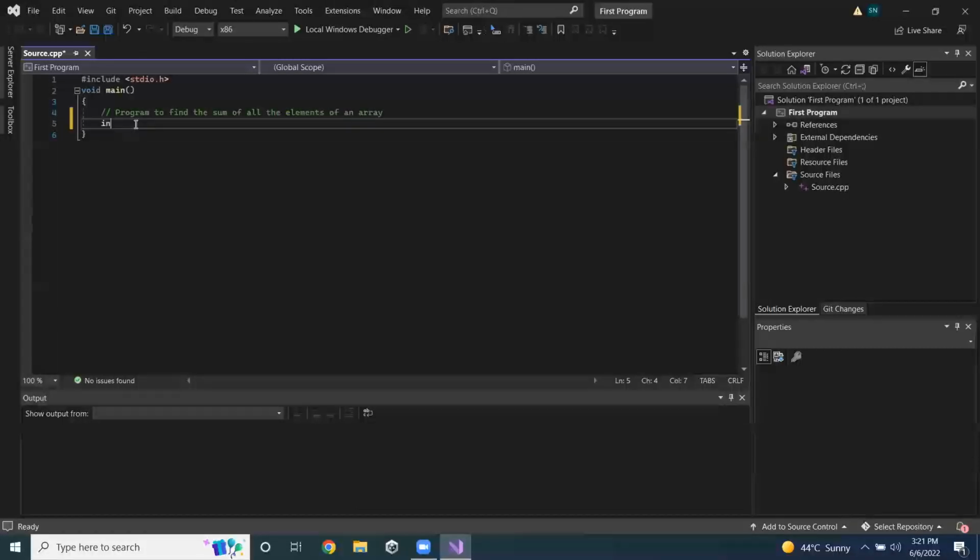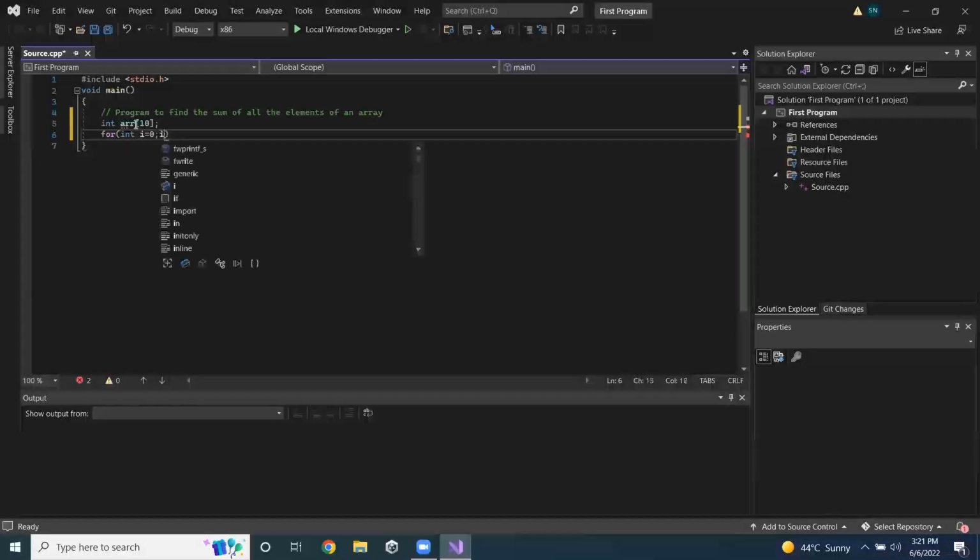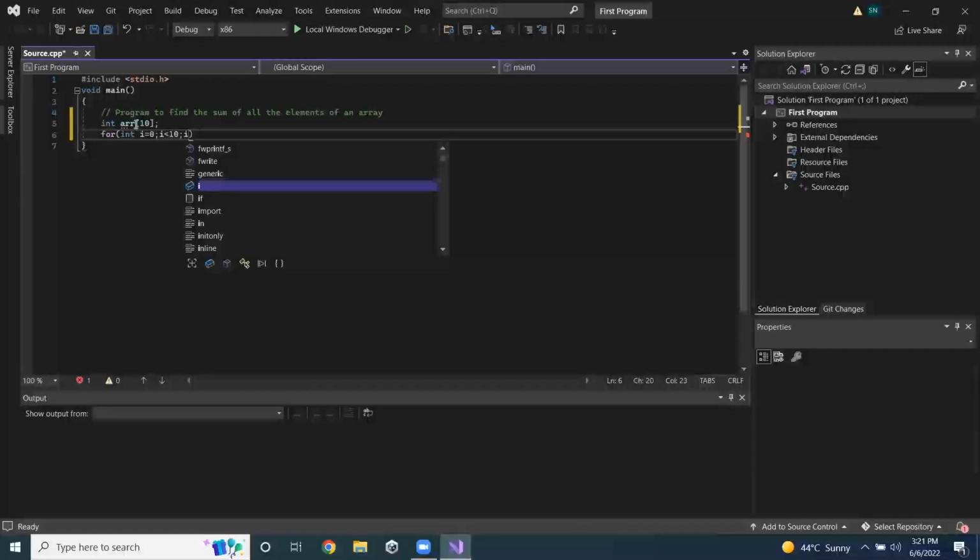So let's suppose I have created an array and I'm going to name it ARR, and the size of this array is 10, and I want to get the input from the user. So int i is equal to 0, because the first index of an array is 0 and the last index in this case will be 9. So I'm going to write i is less than 10, i plus plus,